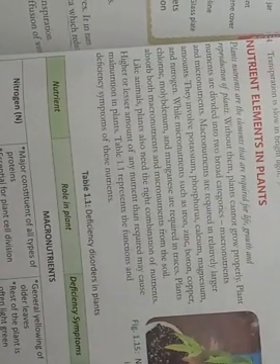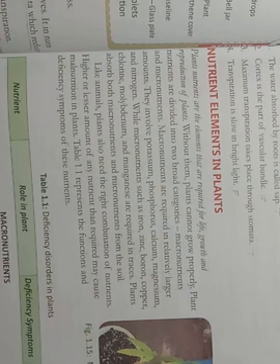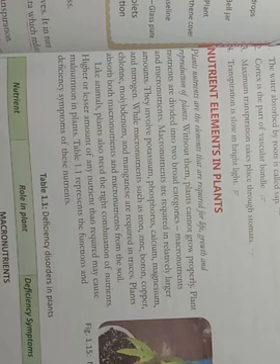So by this topic, almost the chapter is covered, and the last topic is nutrition elements in plants. As humans, we need not only water, but many kinds of nutrition like vitamin C, vitamin D, potassium, phosphorus, sodium, whatever we need for the proper growth of the body. The same way, the plant also requires many nutrients. Why does it need them? For the proper growth and reproduction of the plants. Without proper nutrition, there will be deficiency